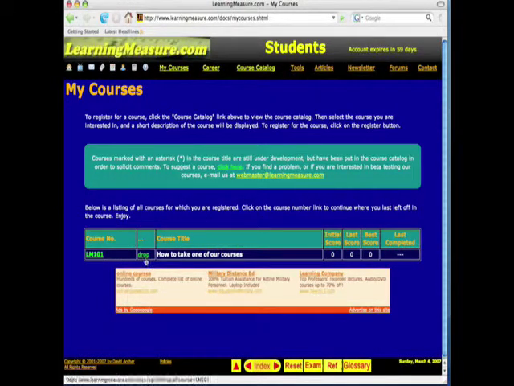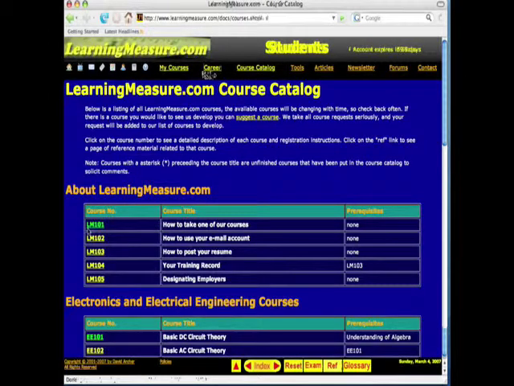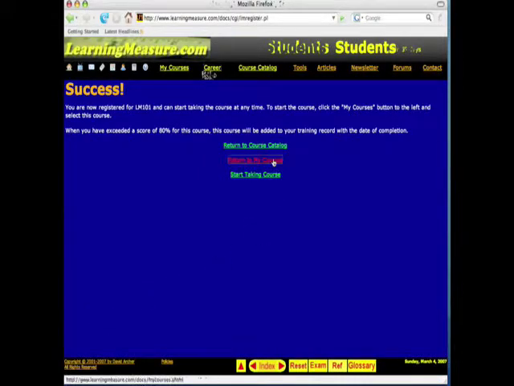Okay, you can drop the course, which just means it removes it from this list. So if you completed the course, it puts an entry in your training record and that will still be here even if you drop the course. All this drop does is remove it from your list of currently active courses. So click drop, yes, return, and it's gone. So we're going to re-register for that now. Whoops, wrong link. Okay, register. And I'm going to return to my courses.